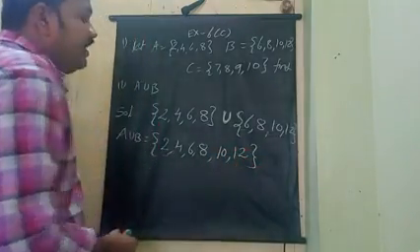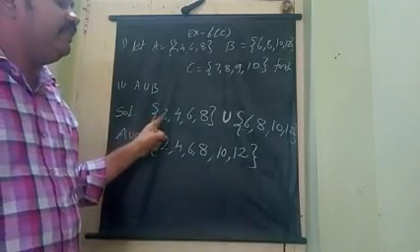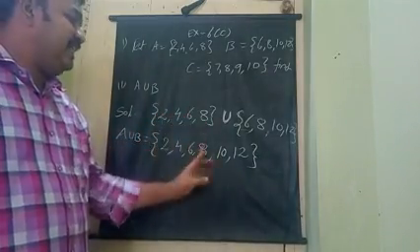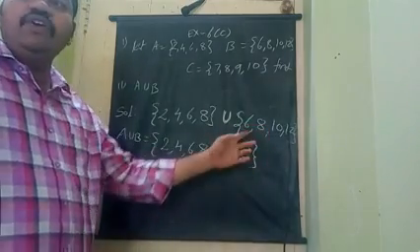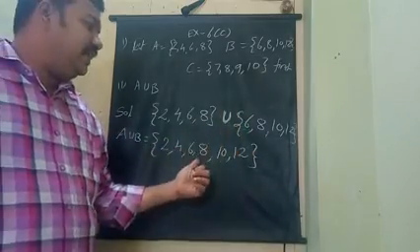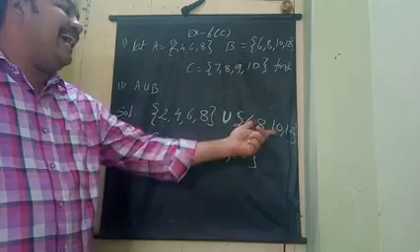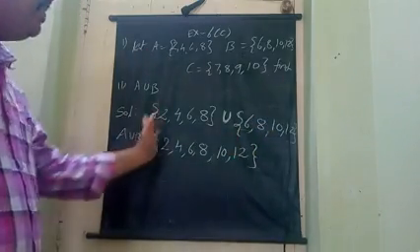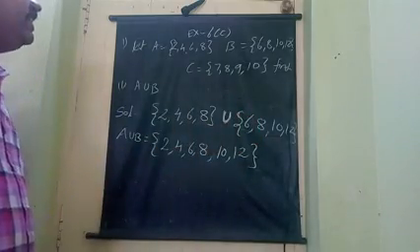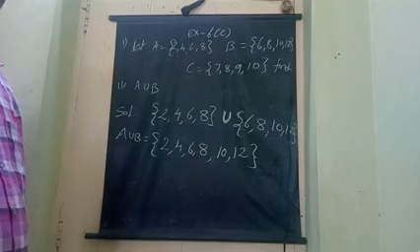So this is the answer for A union B. First of all we write 2, 4, 6, 8 up to here. And now going to the second set, which has 6, 8, 10, 12. 6 is already there, 8 is already there, so we only write 10 and 12. This is A union B. Writing of all the elements by combining two sets is called union.